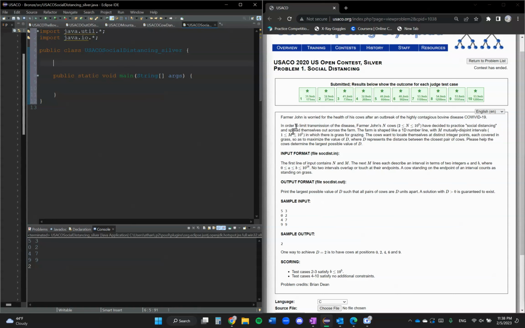5, and m is also going to be up to 10 to the 5. We probably need a buffered reader to get in the input very fast. And we also need a string tokenizer, because there's going to be like 2 numbers per line, and we need a string tokenizer to separate those two. And we need a print writer to print our final answer of the largest possible distance that works. So we have integers n and m,